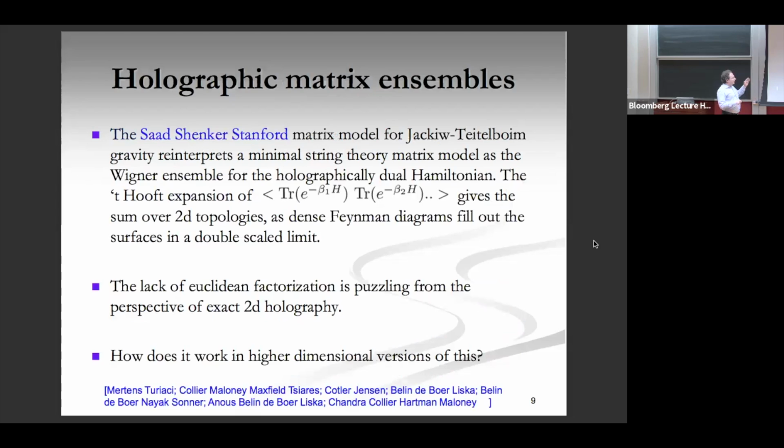Well, maybe I alluded to this already. I'll just skip this slide, but it's drawing the analogy to the Saad-Shenker-Stanford story, which is an analogous thing where we have an ensemble over quantum mechanical Hamiltonians, related to JT gravity. There is a close connection because, after all, some limit of 3D gravity looks like JT gravity. 3D gravity on a circle, in some sort of scaling limit, looks like JT gravity. So there are some connections there.